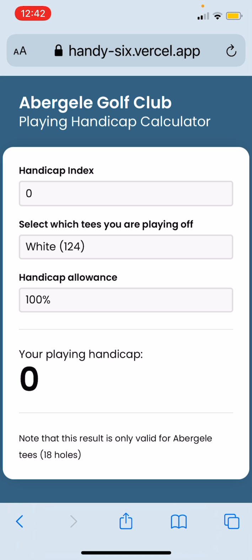I've got what I hope is some good news for everyone. On my phone screen now, as you can see, I've got a playing handicap calculator. I asked my son to develop this and he's done a great job. If you want to have a look at it, the URL for it is at the top there. If you just type that into your browser on your phone or on your computer or on your iPad or whatever, tablet,